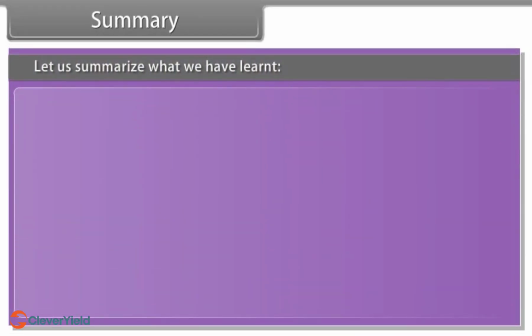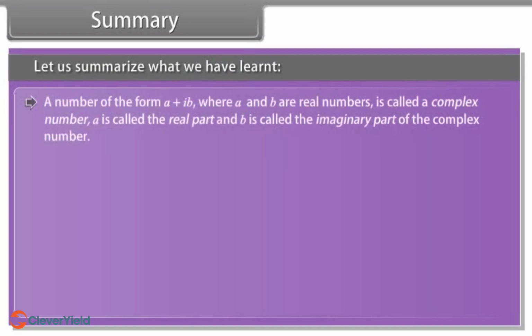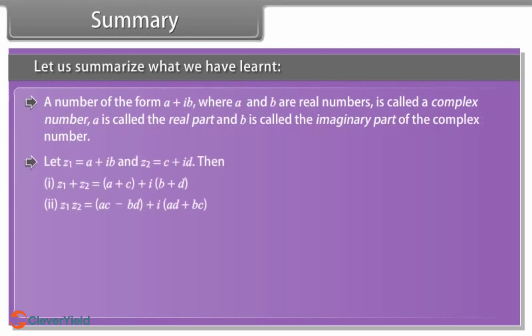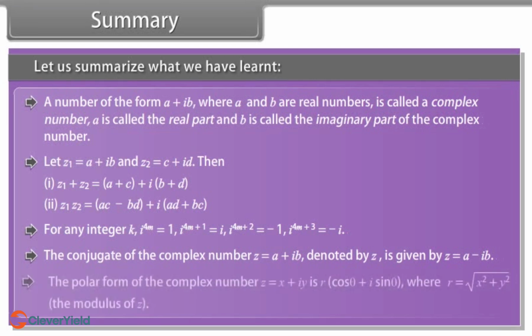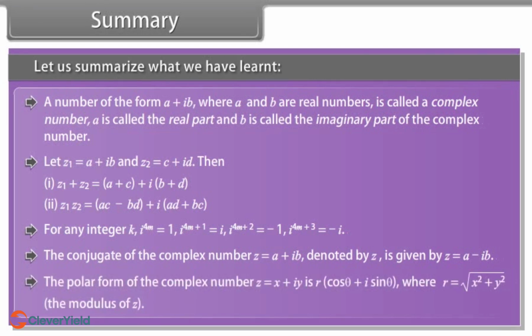Summary. Let us summarize what we have learned. A number of the form a plus ib, where a and b are real numbers, is called a complex number. A is called the real part and b is called the imaginary part of the complex number. The conjugate of the complex number, denoted by z bar, is given by the polar form of the complex number, where